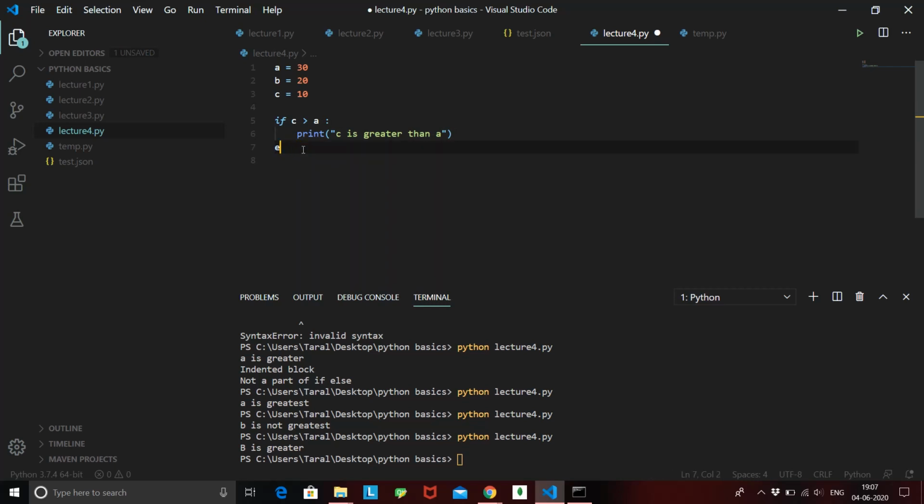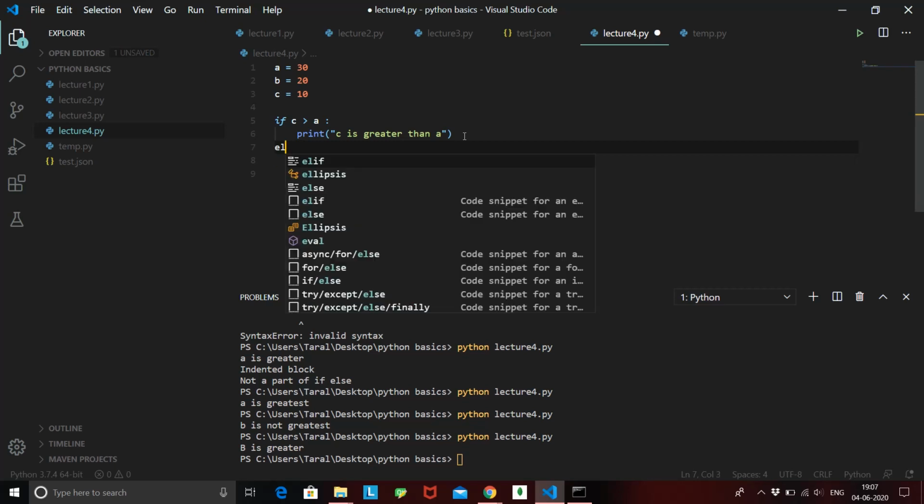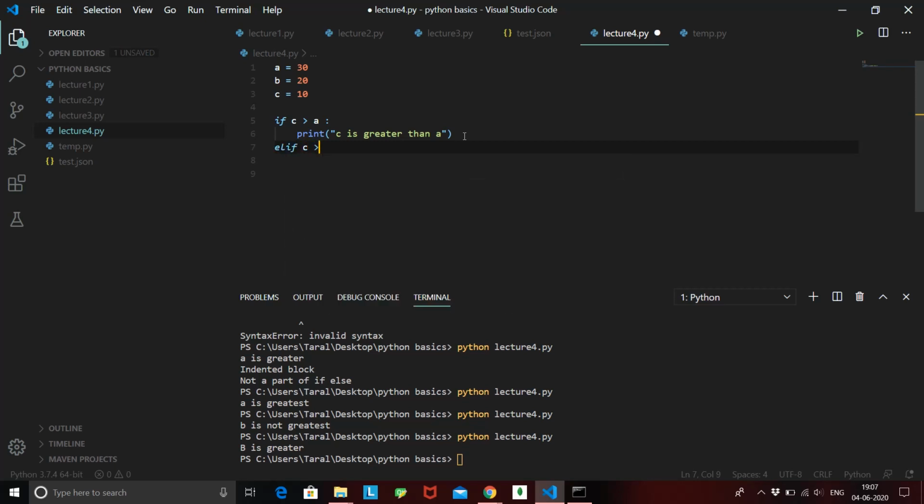If I directly write if over here, once the first condition is done checking, it will check this condition at any cost, even if the first was true and has been printed. I don't want that. I want to check this statement if and only if the first statement fails. So I am going to write elif c greater than b, print